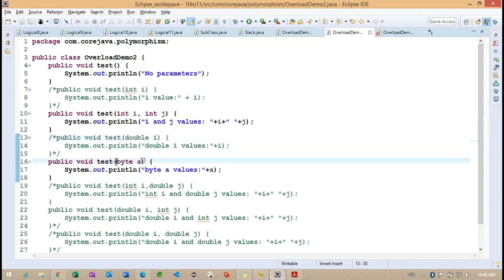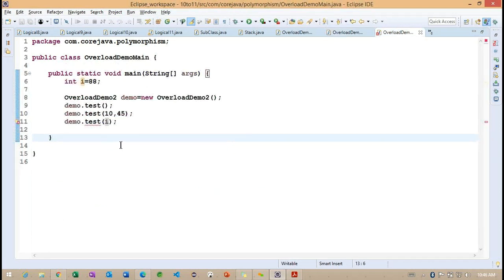Right. But the same parameter I'm passing here to this particular test method, which is expecting one parameter, and previously also we specified only one parameter. The only difference is the data type. Now we can observe this byte also comes under the integer category. Right. So if it is coming inside this integer category, still it is giving an error here. So can you please explain to me here?